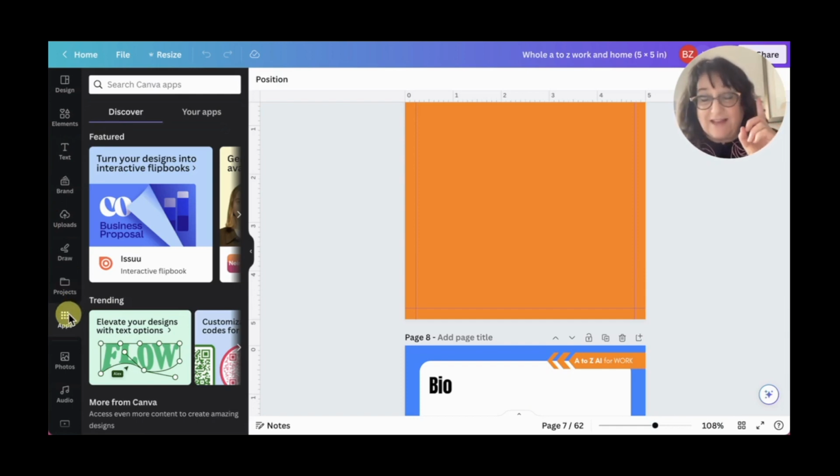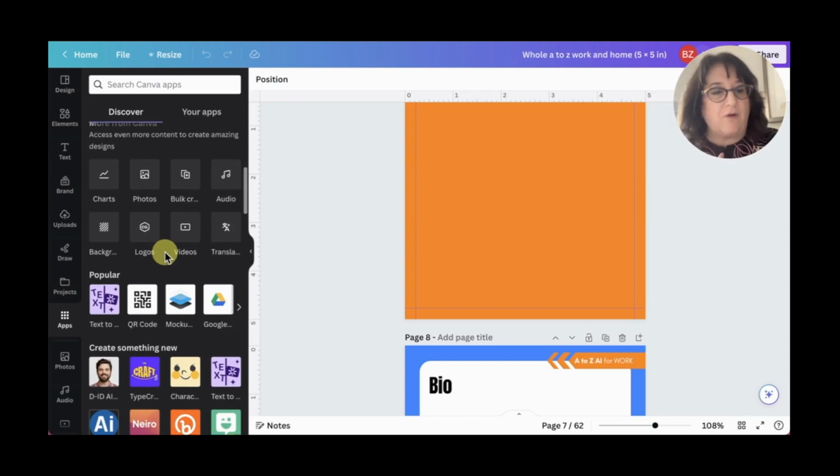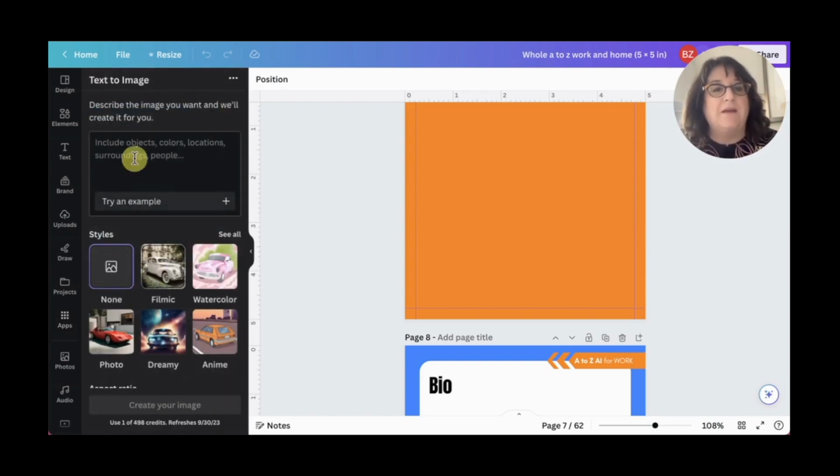So, the next area is in apps. If you look down over there, there is a whole list of tiny icons, and one of them says apps. And when you click on apps, you get a whole menu of all kinds of things you can integrate. But Canva itself also has a bunch of apps that it offers. So, popular, here we go. Describe the image you want and we'll create it for you. So, I'm going to put cat working at a computer because that's kind of my go-to for graphics,